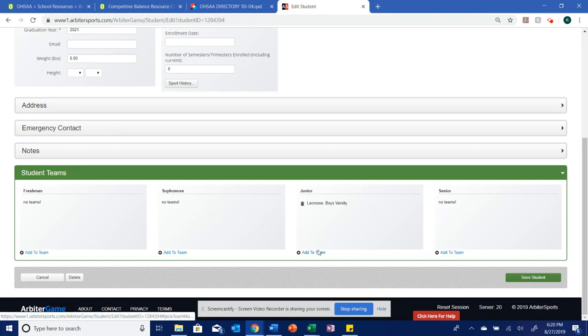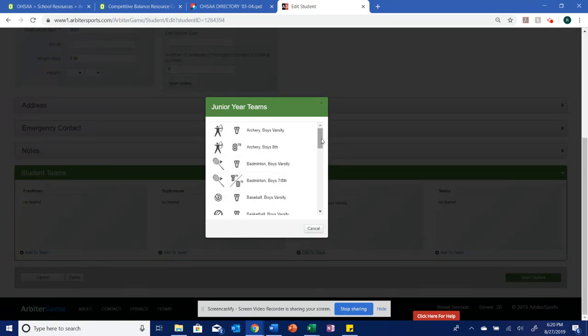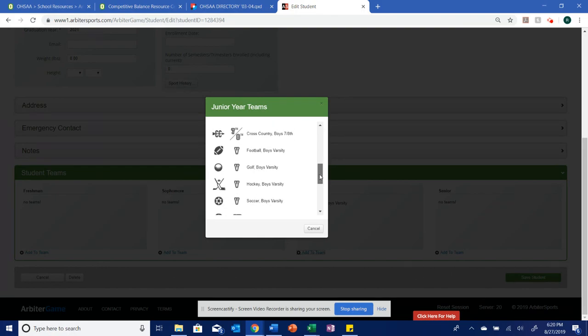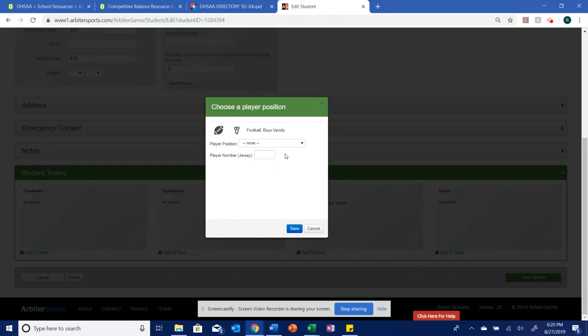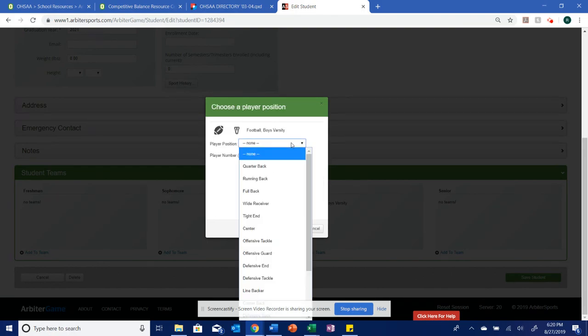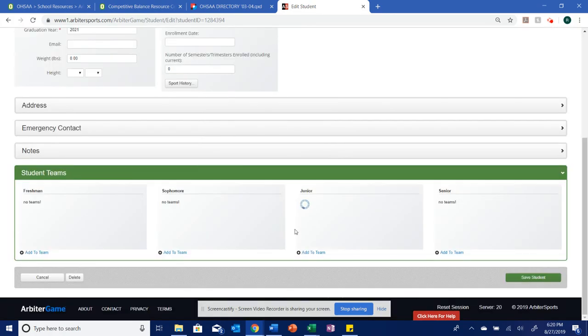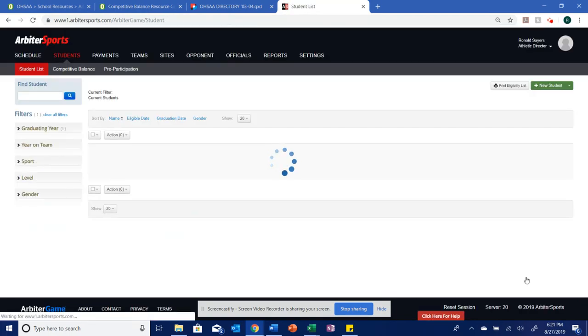Now, if you want to add a single team to Frazier or any other student, you can go in. Since it's his junior year, you'll obviously select that, and we'll select, for instance, that he's on the boys varsity football team. You can even choose what position he's at, as well as the number he's playing with. And you'll go ahead and click save, and you'll see it populate right there. You'll go ahead and click save student then, and everything will update appropriately, and he will be on that team